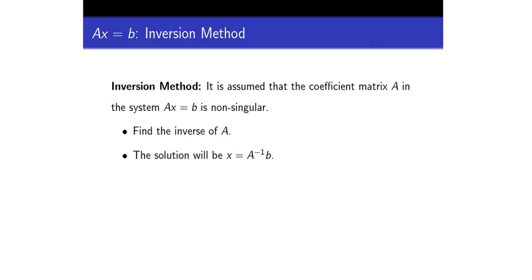So let's first see what the inversion method is. As told, it is assumed that the coefficient matrix A in the system Ax equals B is non-singular. So you find the inverse of A, and the solution will look like x equals A inverse B. Now note the number of multiplications involved in the determinant of A. If I try to recall, in an n cross n matrix, the minimum number of multiplications